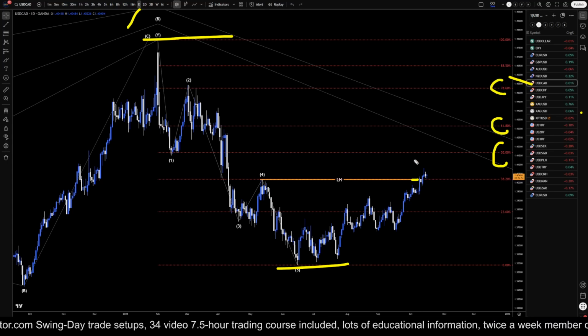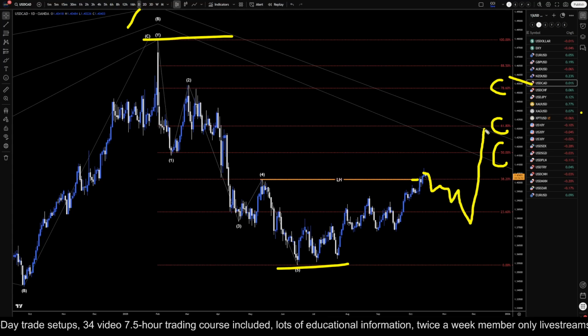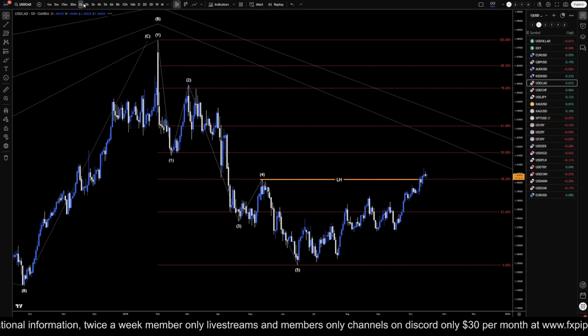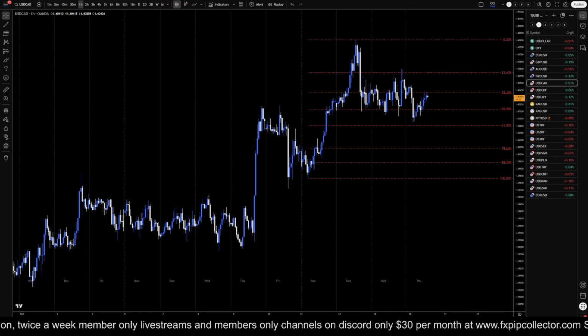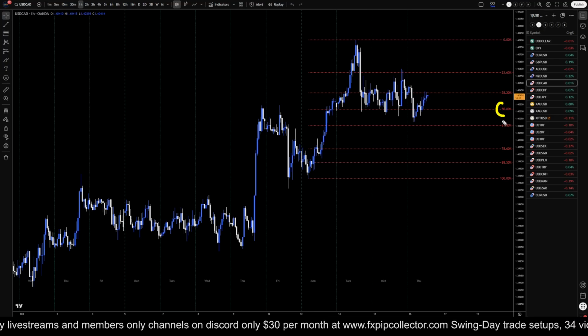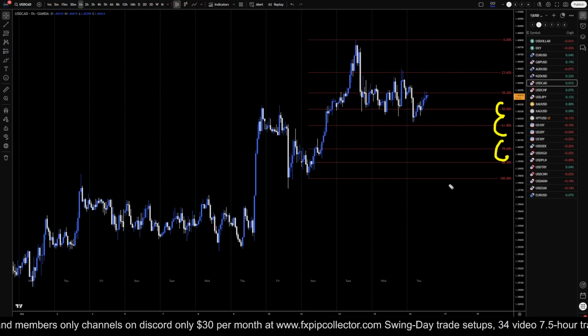Now that doesn't mean that we might not possibly get more of a three-way pattern, something like this, more of a traditional ABC or a WXY, but it does mean that more than likely the momentum is going to stay up at least for probably several weeks or more. So going down to the daily time frame, since we still don't have a break of structure to the downside, I would still be keeping a very, very close eye on all my Fibonacci retracement levels.